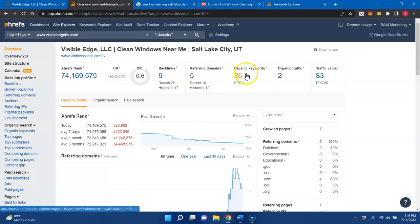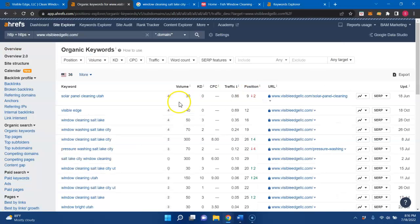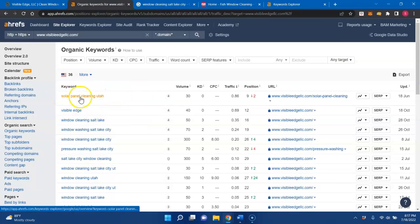And as of right now, you're being indexed for 26 keywords, and you're getting 2 people to your website each and every month. So if we look at some of the keywords that you guys are being indexed for, like I said, solar panel cleaning, that's a good buyer intent keyword. There's just not a lot of volume right now, and this is Utah, so that's a state keyword. Usually it's localized to a city or a county at the biggest, but sometimes you can do that. But like visible edge,